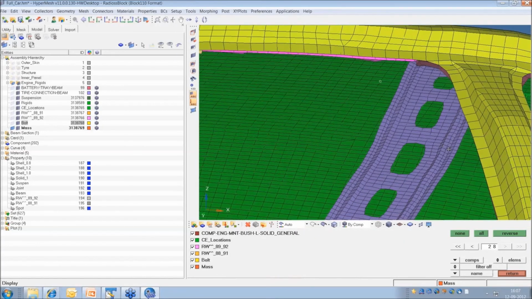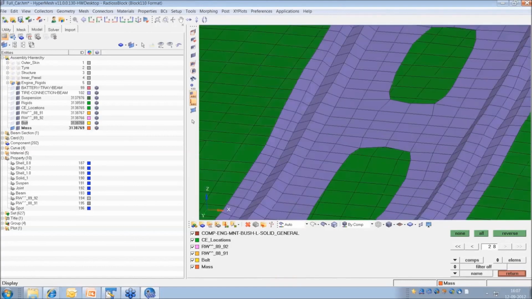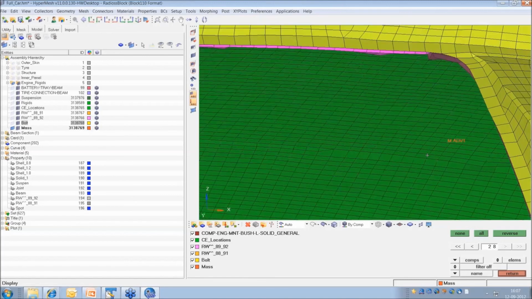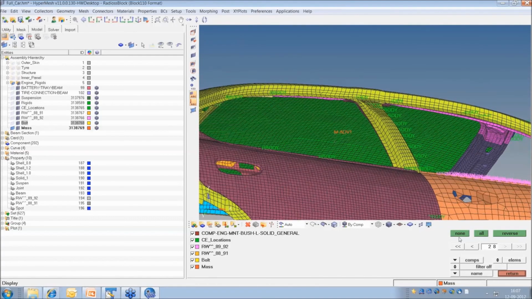Okay, so that mass is applied. I have to switch on the element handles to see that. It is showing it here in a simplified way. So that is how we apply the mass.